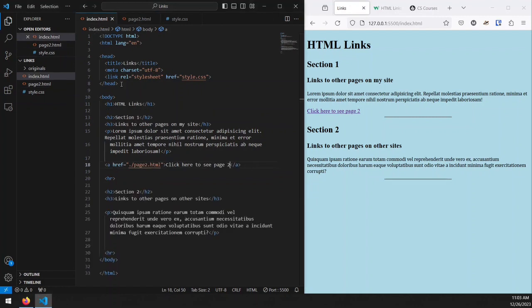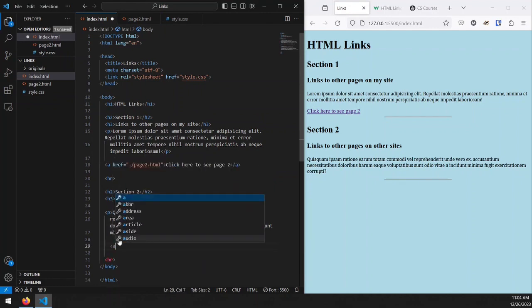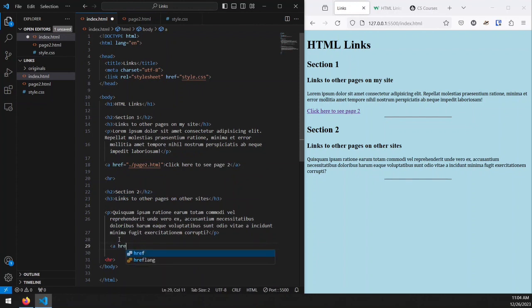So I'm going to go back here to index, and under section 2 here, create another anchor tag. And for this one, I'm going to use another website that you may recognize. I'm not going to type it all out, I'm just going to paste it. I copied it from somewhere else. But you can see there's a lot more information here, including